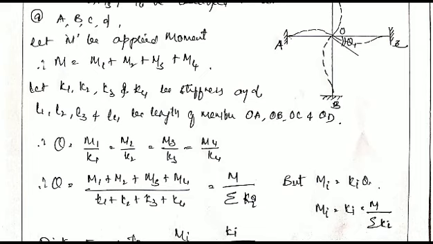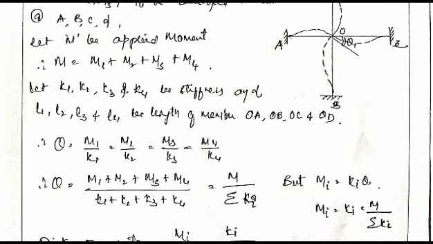From the figure it is clear that theta equals M by K, as we know. So theta equals M1 by K1, M2 by K2, M3 by K3 and M4 by K4. Since theta is the same for all, theta equals the sum of the individual developed moments, M1 plus M2 plus M3 plus M4, divided by K1 plus K2 plus K3 plus K4. So from this we get theta equals the total moment M divided by the summation of the stiffness of all members joining at the point, that is summation of Ki.